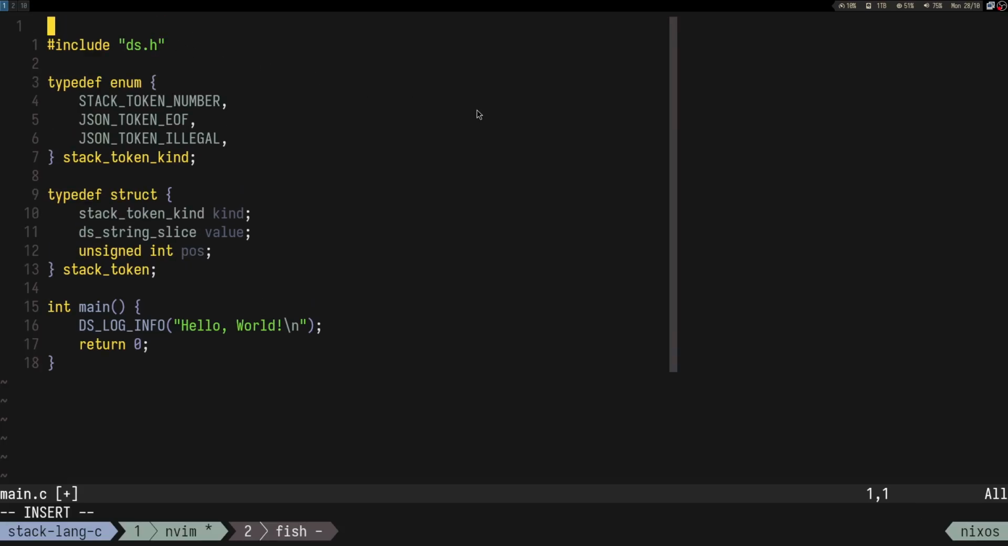And for the string slice we need, because obviously we'll use its implementation that's in the docs of the ds.h, but yeah, we need a string slice and the position in the code. And the position is useful for reporting errors, for example, like illegal token, character, whatever, right? Obviously we can convert this position into line and column, which is more useful than just the index of the